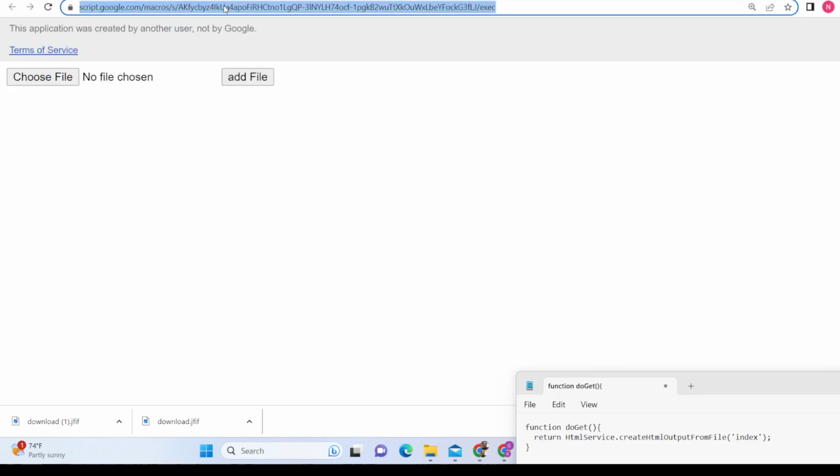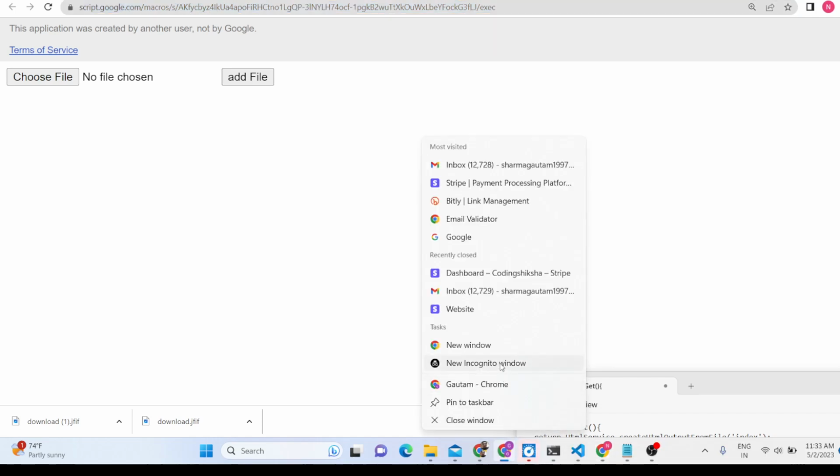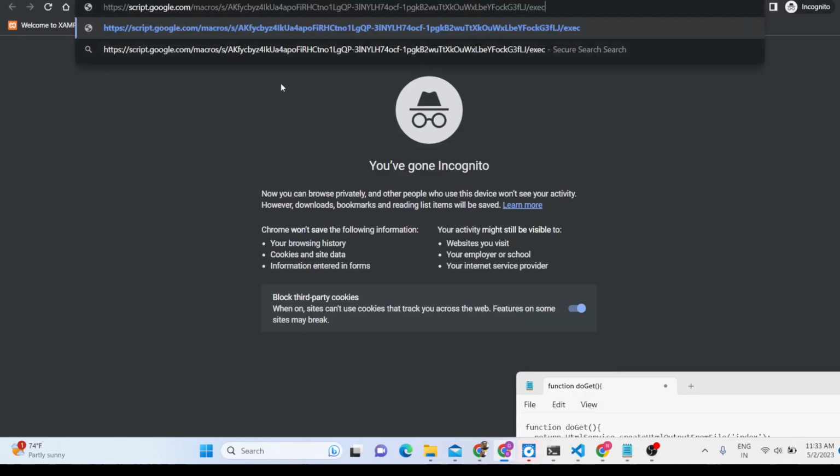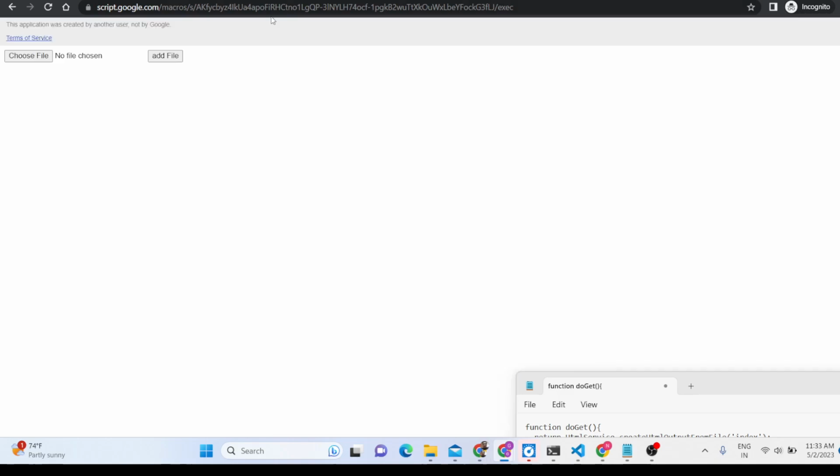If you share this URL, it is deployed live on the internet. Anyone can upload files to your Google Drive. Let's suppose I open incognito mode here and paste this link, and there will be a simple form right here. If you open this application, there will be a choose file button and add file. You can just share this link with anyone on the internet and they will be able to upload files